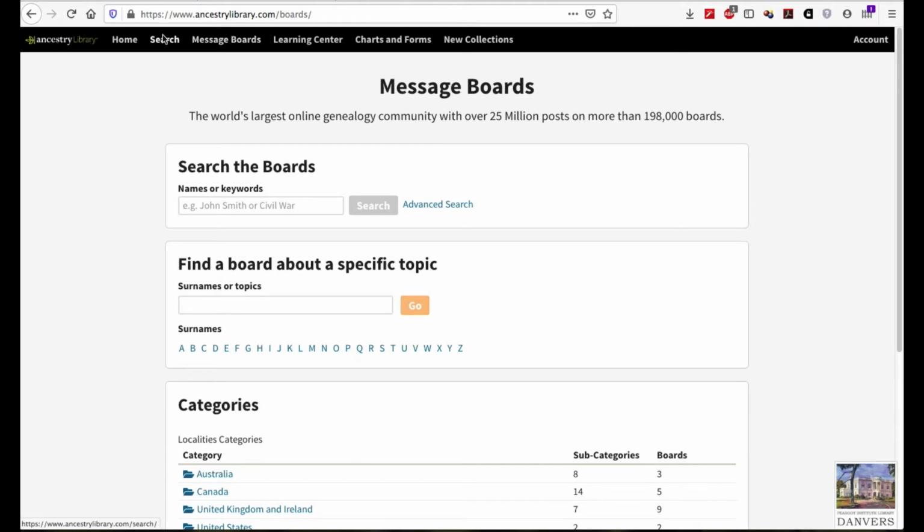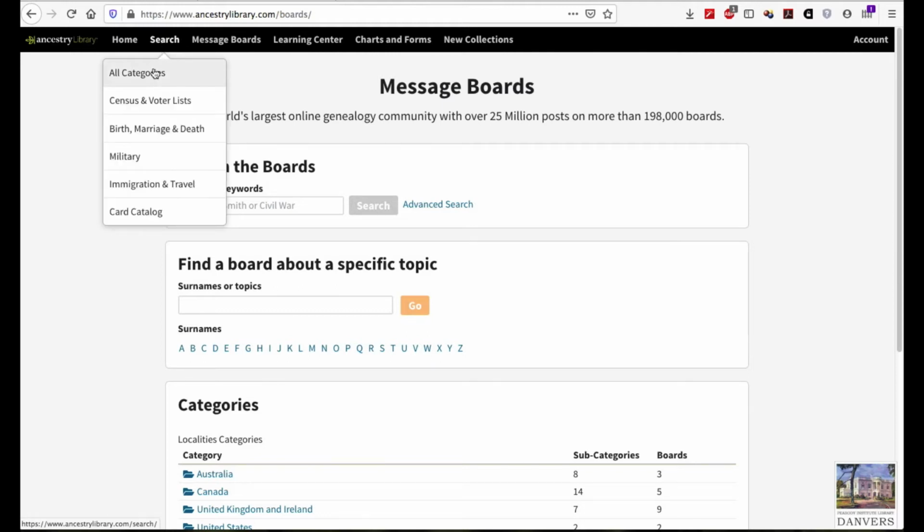Ancestry's search feature is the point of access for its billions of records. With so much information to sort through, it's helpful to be strategic about how you search. You can search all the collections at once, zone into searching a set of popular collections, or browse the collections available and search within an individual collection. Each of these options has advantages and disadvantages. For example, Ancestry recommends using the global search to see what bubbles up to the top. It's best for serendipitous discovery, but more strategic research can be accomplished with the grouped and individual collections.